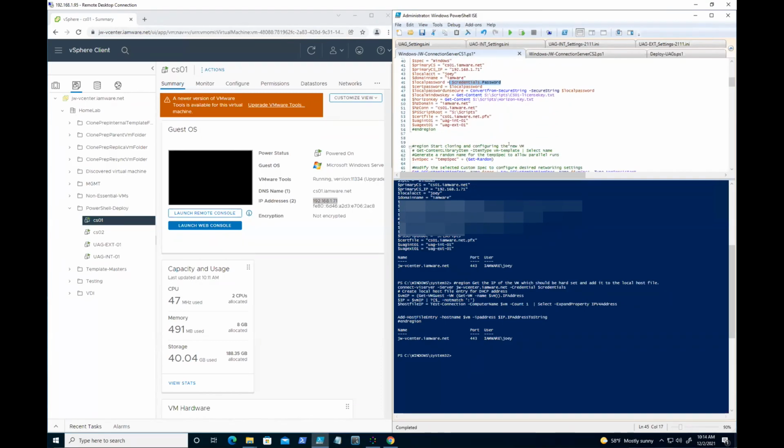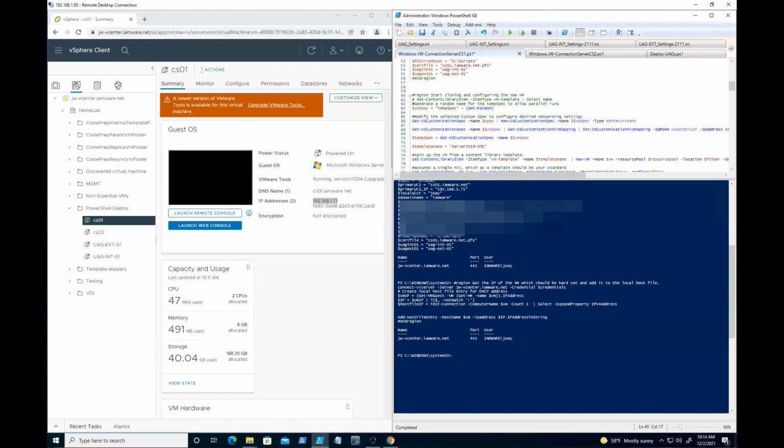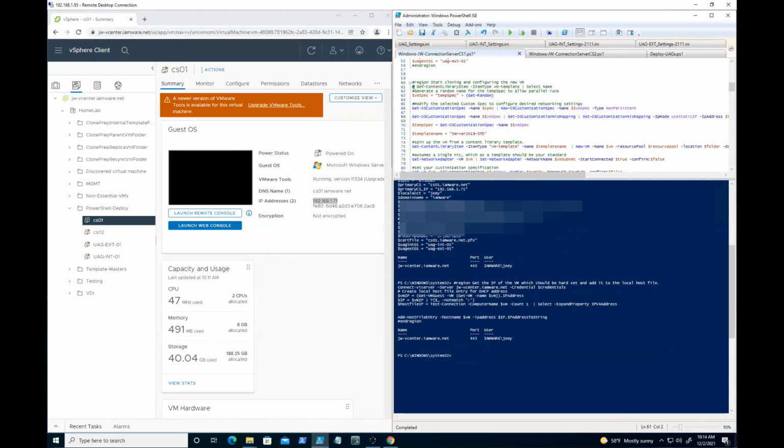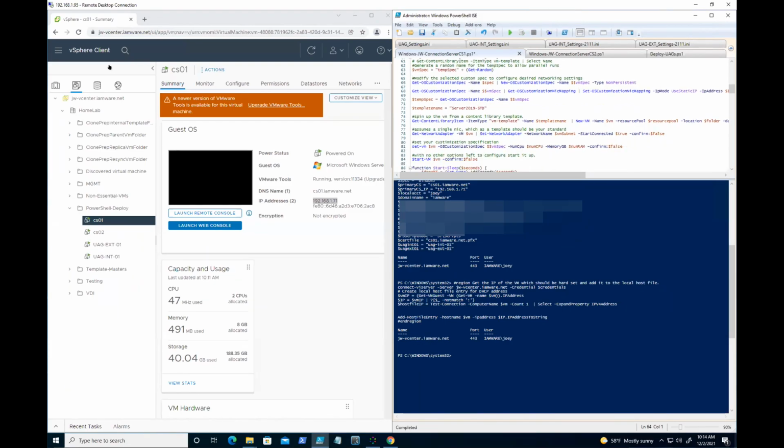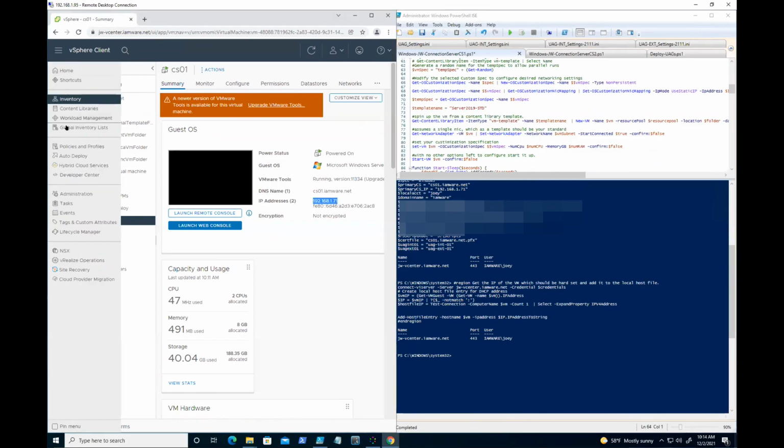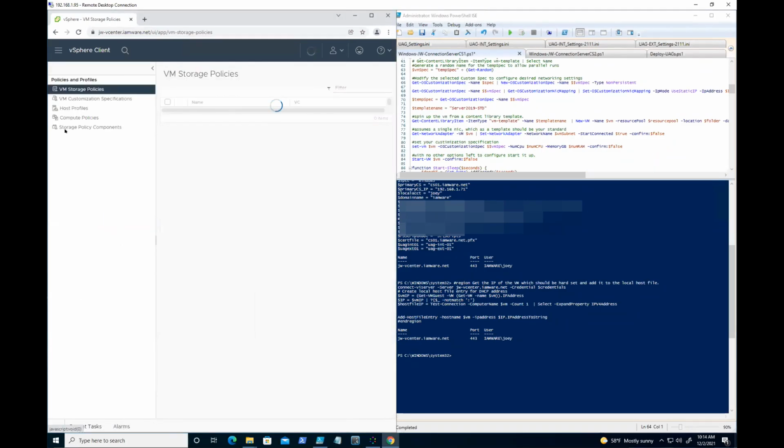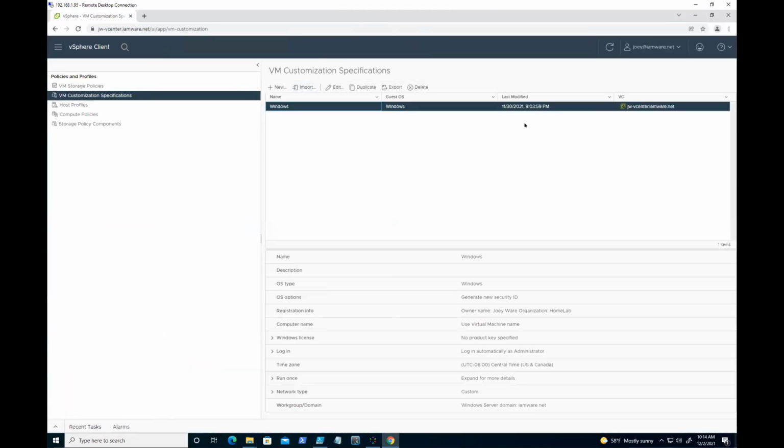And then this was the fun part. I wanted to pull from the content library and basically change it on the fly. If you go into your vCenter, you're going to have your policies. I'll have to make this full screen so you can see it. I have this one policy that syspreps everything, but it won't know what the VM name is because I'm doing it with a script. So if I go back into my script now,